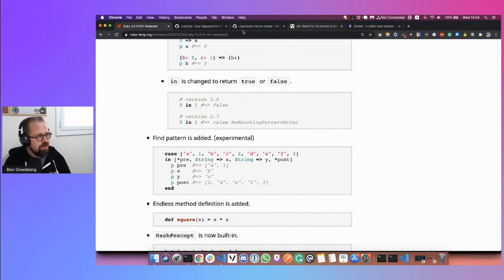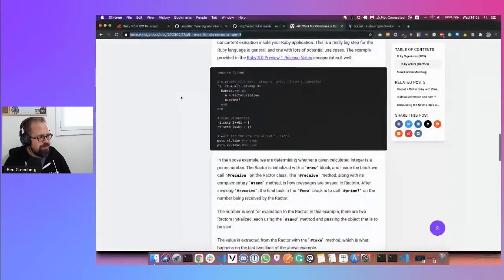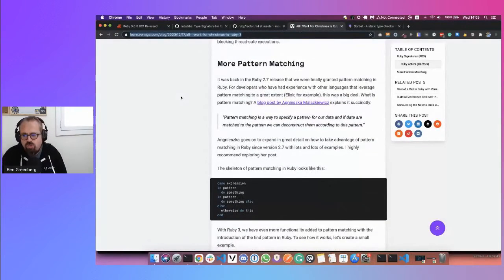So we mentioned in the blog post, let's go down there. In Ruby 2.7, we began introducing pattern matching into Ruby. One of the other languages out there that I have a bit of an on and off again love with is Elixir, if you've ever heard of it. Elixir is this beautiful language. It's built on top of Erlang, but uses the syntax of Ruby.